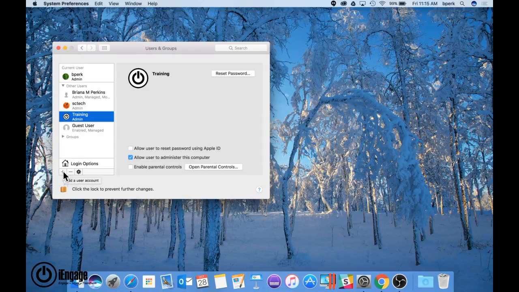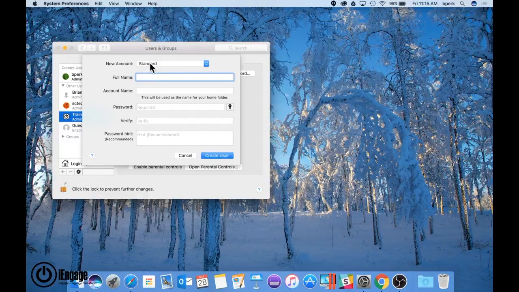Now, if I want to add one in, so I'm creating a guest user, I can click the plus sign, and it gives me the ability to choose whether that's an administrator, a standard account, administrator meaning they have full access rights to the entire computer, standard, or even ones for just sharing. There's a great one for kids, so manage with parental controls,